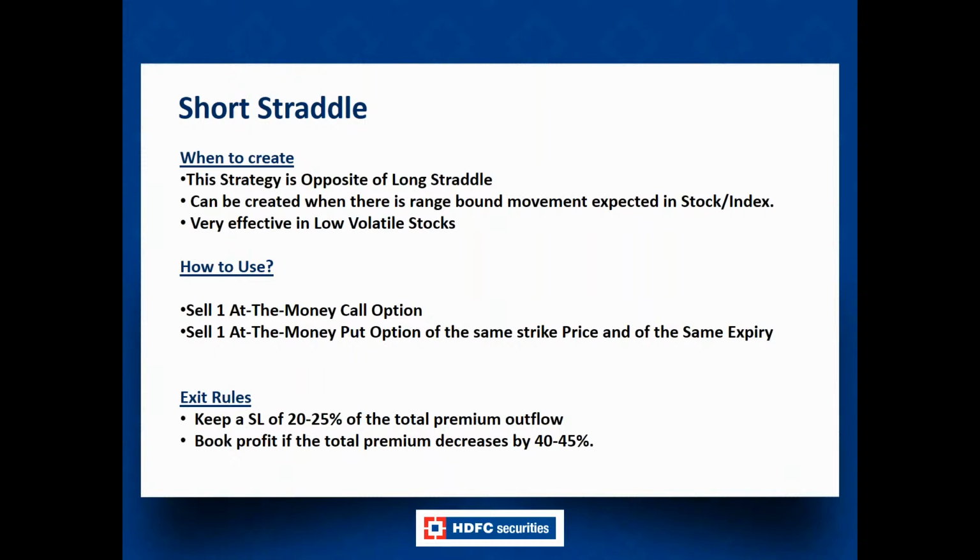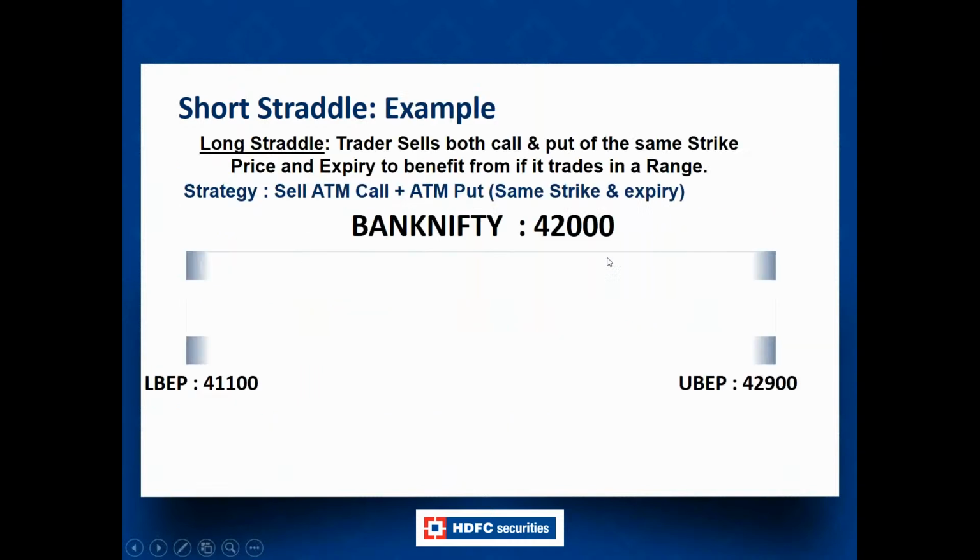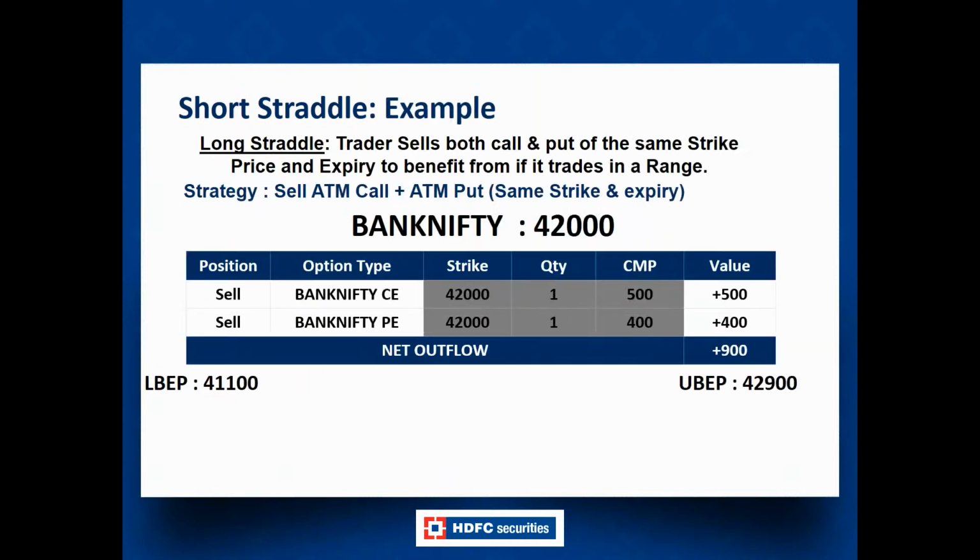So let us understand with the example. Your first example is what we have given for Bank Nifty. Here, in this strategy, the trader sells both call and put of the same strike price and expiry to benefit from a range-bound market. The strategy is: sell one at the money call plus sell one at the money put of the same strike price and